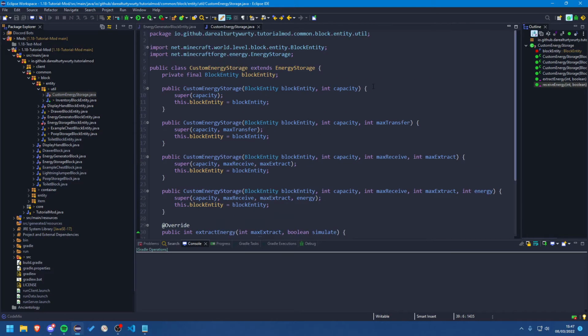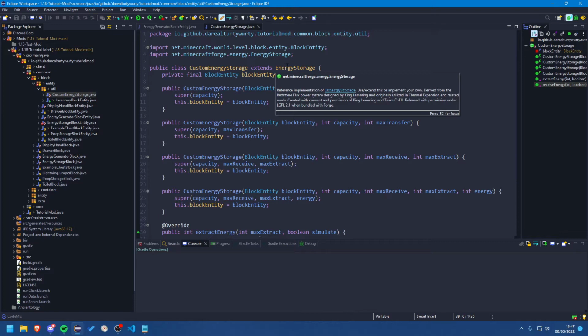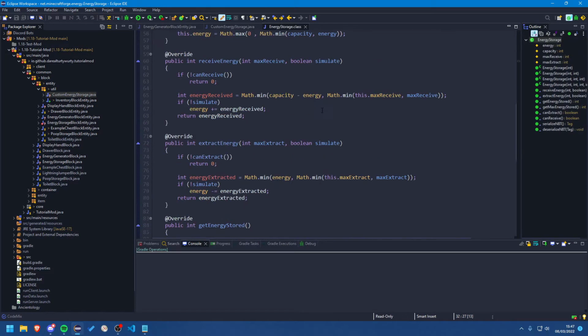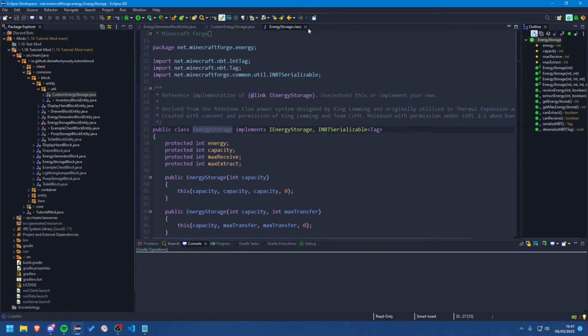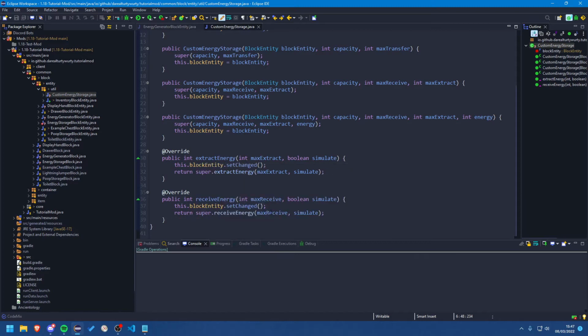Now, there's one major thing that I believe this energy storage is missing, and essentially that is a setEnergy method. There's no way to directly set the energy. All you can do is extract and receive. Now, for a large majority of purposes, that is fine, but we're going to need a way to set our energy and not have to go through these receive and extract. So that will just be a public void setEnergy(int energy),